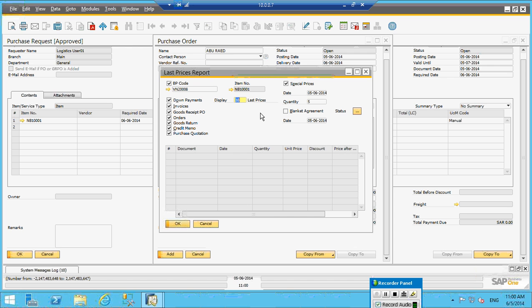But I think the requirement is to know which supplier is the best, maybe among 5 suppliers, the cheapest price. You can tell me how you want the report, and I will try to generate a report for that. I can generate a report showing the last price. The last price report will show it in general, for all. Yes.